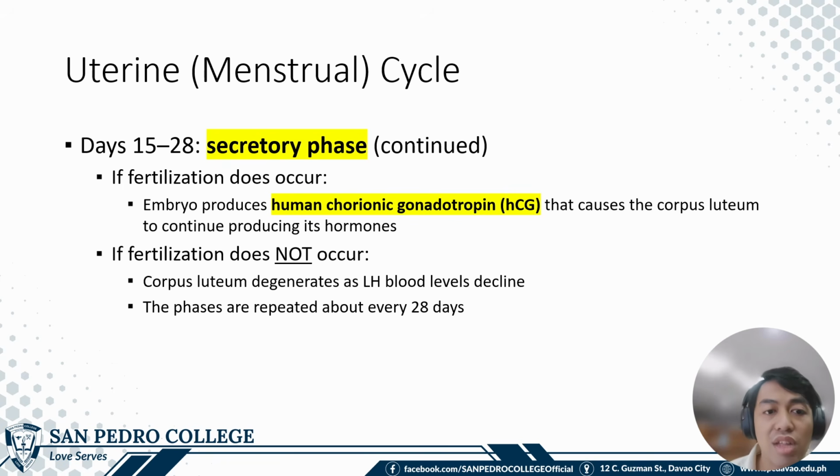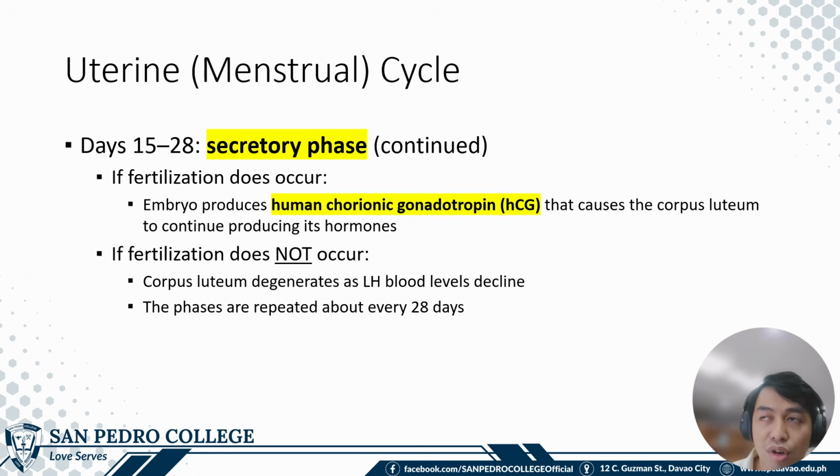Okay. If fertilization does occur, or if the sperm cell meets the egg cell, the fertilized egg will then implant in your endometrium, and the resulting zygote, which will develop into your embryo, will then start to produce the HCG, or the human chorionic gonadotropin, which will stimulate the corpus luteum to continue producing progesterone. Para